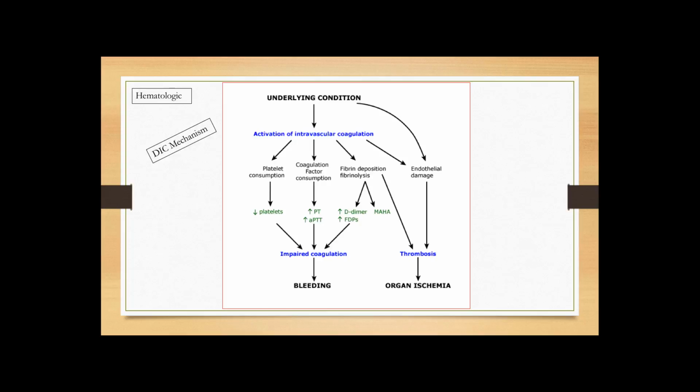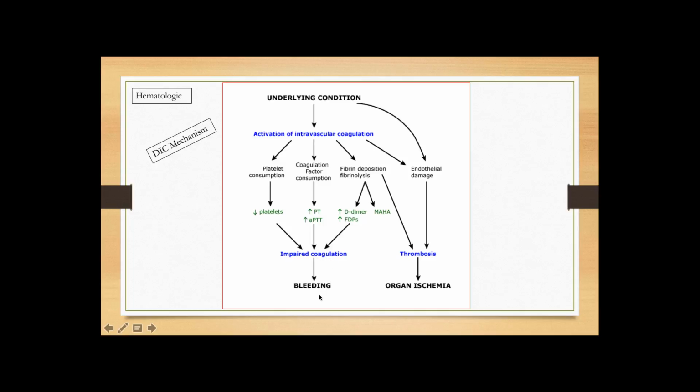So hematological causes of shock, the biggest one is DIC. So hemorrhage can of course cause hypovolemic shock, and then of course all those things that you already know, but DIC is one thing. So in DIC there is an underlying condition that will result in activation of intravascular coagulation, which will cause platelet consumption, low platelets, consumption of the coagulation factors, so high PT, APTT, fibrin deposition and fibrinolysis, so high D-dimer, high fibrin degradation products, which all of this will result in impaired coagulation,